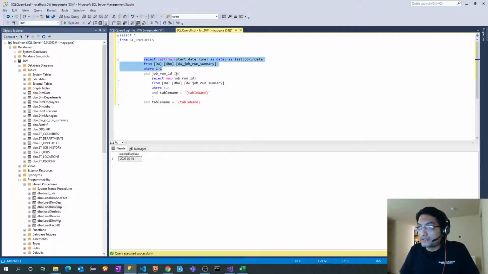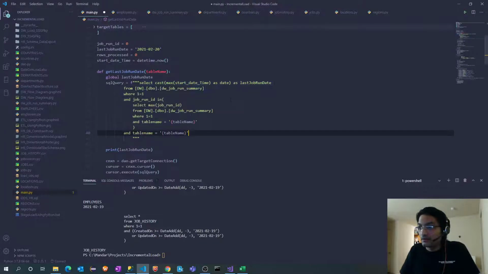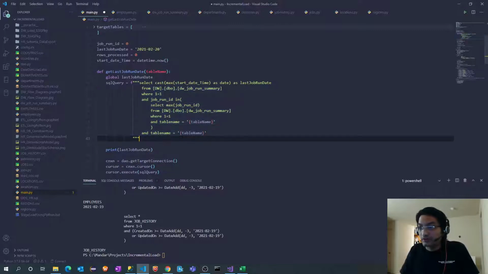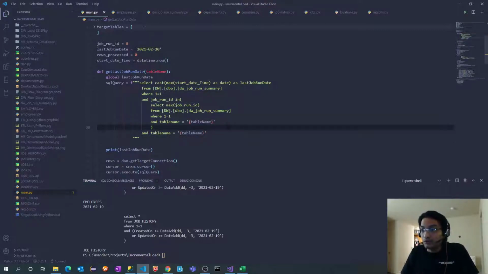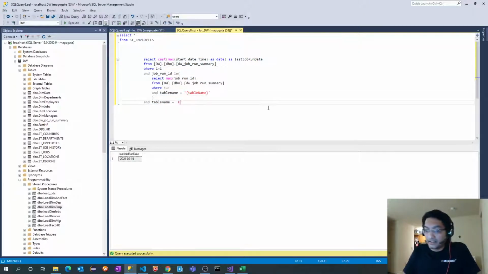And I will copy this entire query again. So this is the query we are looking for. This is a perfect query for our incremental load. Now before going further, let's check whether this query is running fine or not. So let me add this entry again, employees table, employees.